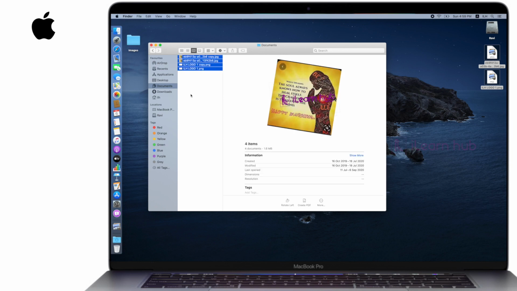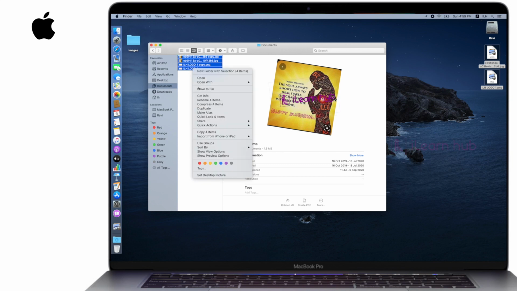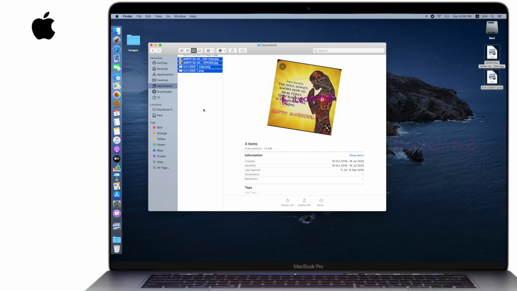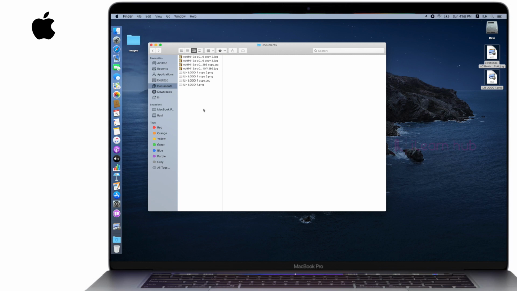Now select all, and then if you want, you can say duplicate. It's basically the same files, but the number of files is larger now. So the reason why I'm trying all these things is that some files are kept inside the documents. After deleting and migrating to another computer, we are going to see whether all these files are migrated or not. That's going to be in the next episode.